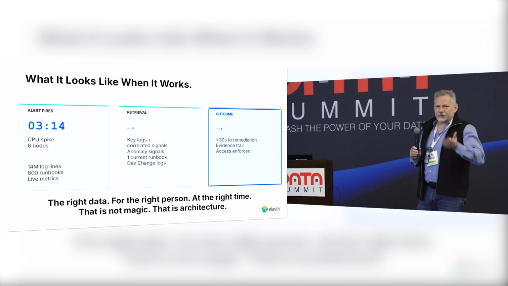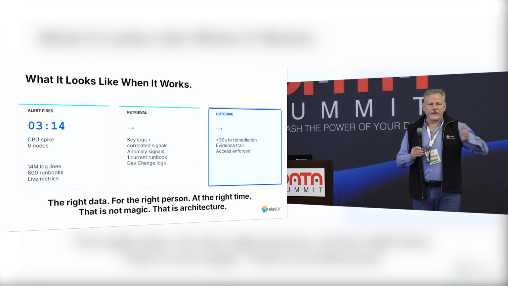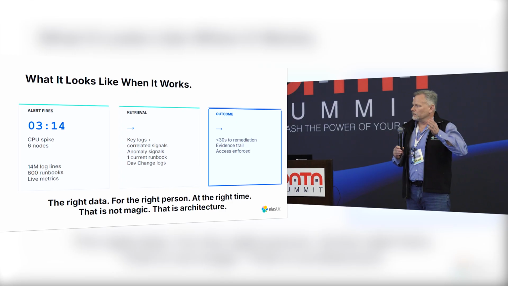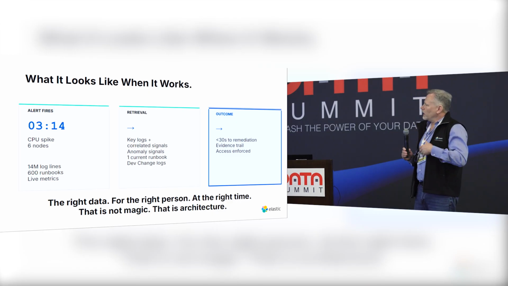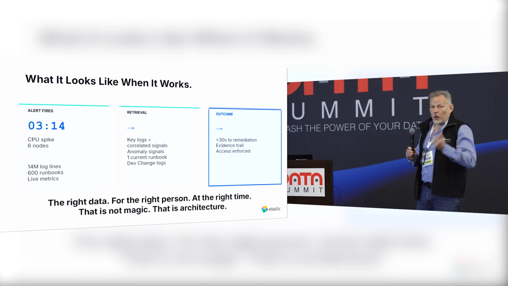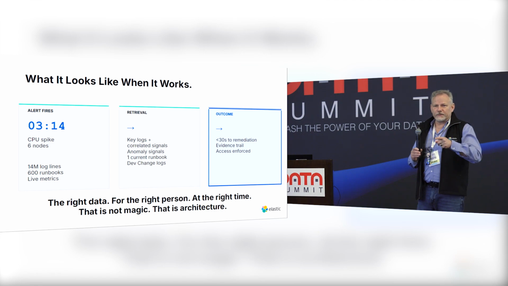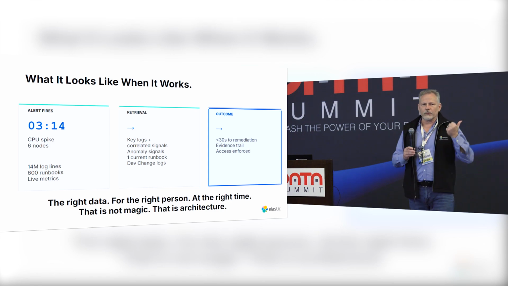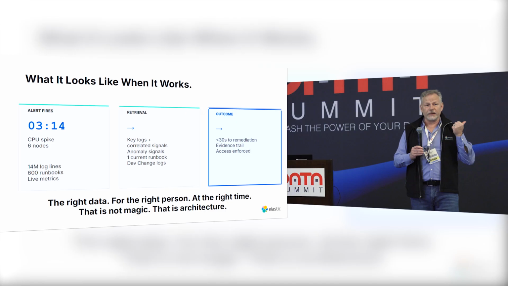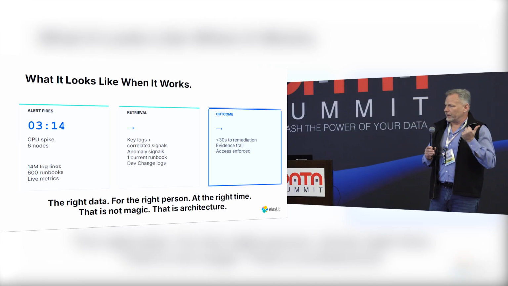What are the additional anomalies you can measure on what is different in the patterns of the data beforehand, as well as what is that one run book related to this issue? Oh yeah, and by the way, what are all the outstanding issues, and when was the last change point on a release when that was put out?